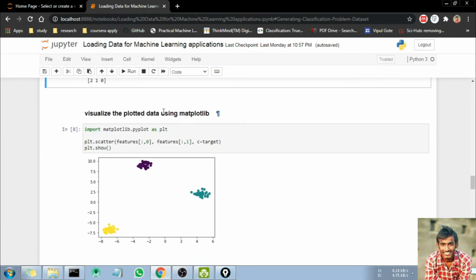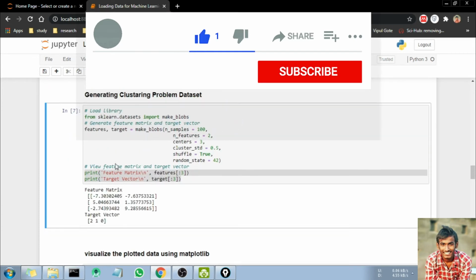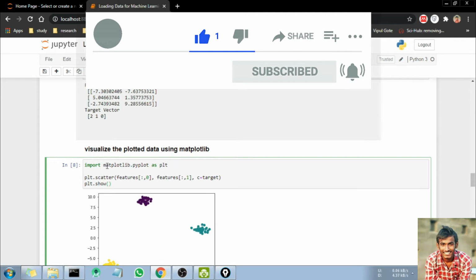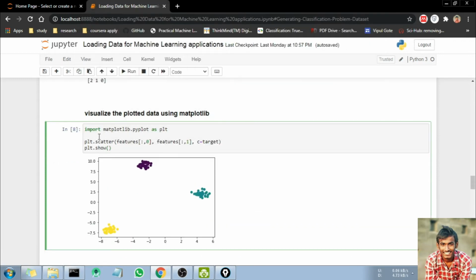So now we are going to visualize this data, these feature values, in terms of clustering. For plotting data we generally use matplotlib. Any kind of plotting is possible using matplotlib, and it is a very basic library for plotting. So now we are going to import matplotlib.pyplot as plt. Here we are going to use plt as an alias. It's a Python concept, alias. If you don't know it, go search on Google.